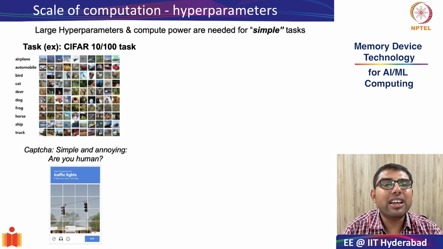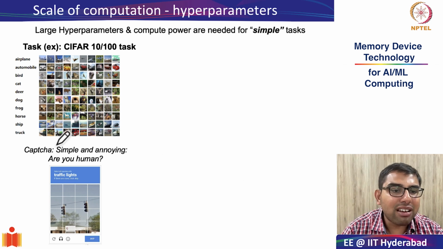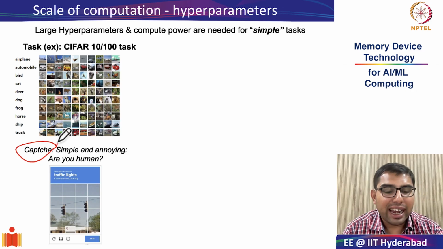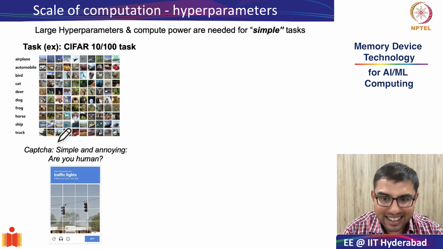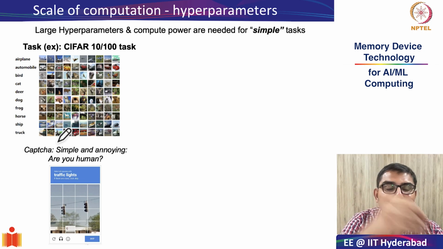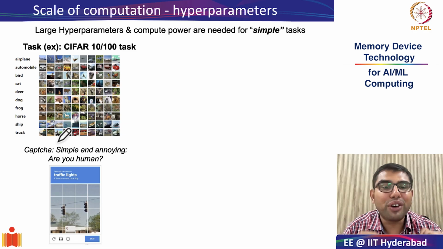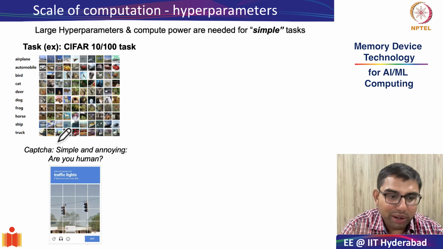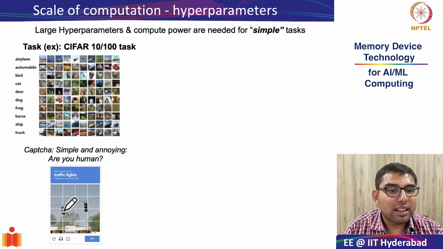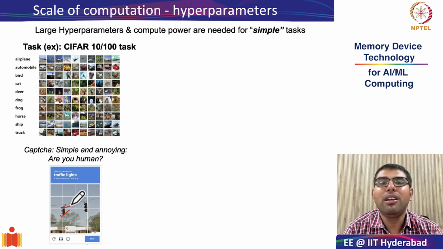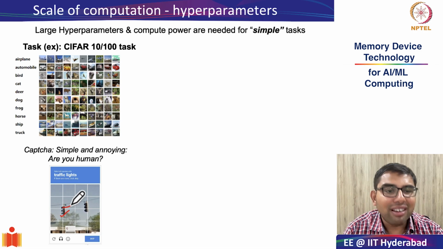So these are typically the kind of images that we get in our CAPTCHA. And often these CAPTCHAs, which we get in verifying whether we are a human being or whether it has been attacked by some other machine, are not just very simple for us, it is also very annoying. Remember these CAPTCHAs where you have to click the total number of traffic lights, or where you have to indicate the pixels where you see the traffic light. So this is very simple and rather annoyingly simple for human beings.